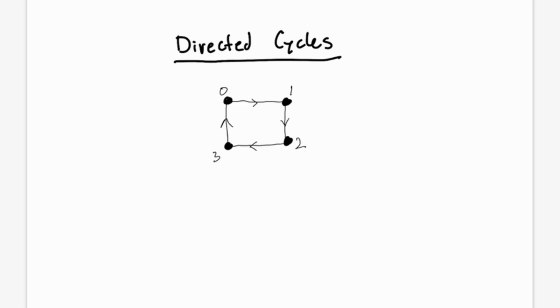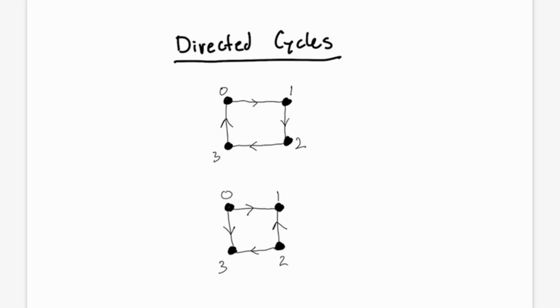Now, I just drew those edges pointing in the clockwise direction. That's all right. What's important is that the direction of the edges is always going the same way, around in a circle like that. Here's an example of a directed graph on 4 nodes that is not a directed cycle. The issue here is that if I try to walk along the edges of the graph following the direction of the edge, I can't start at one vertex and end up back where I started without violating one of the